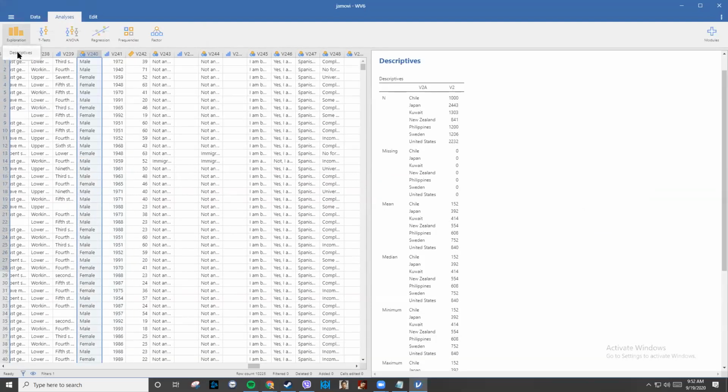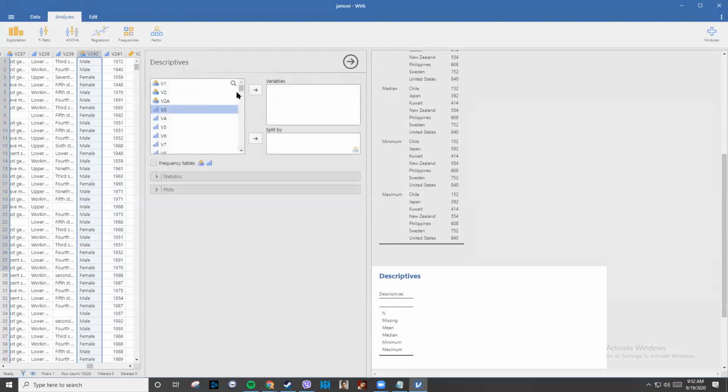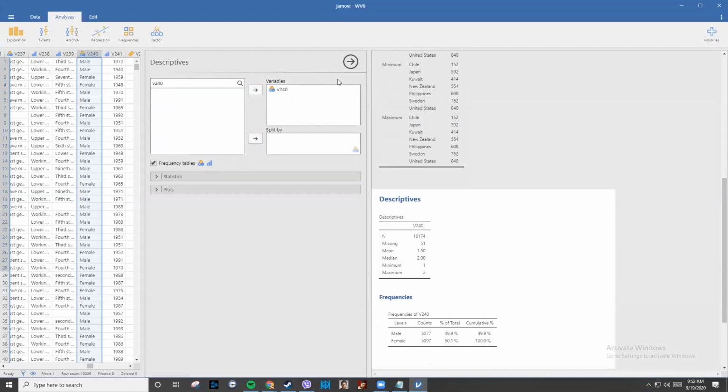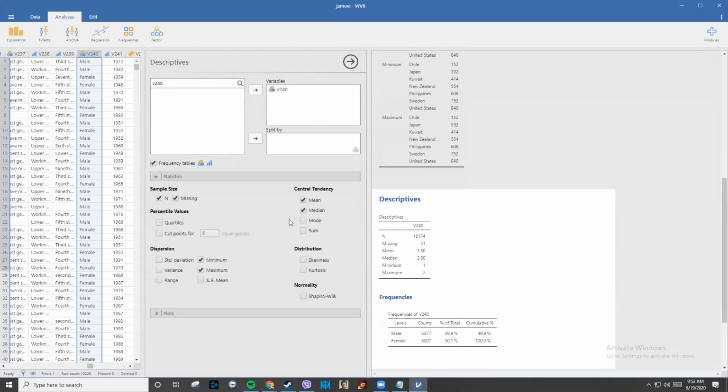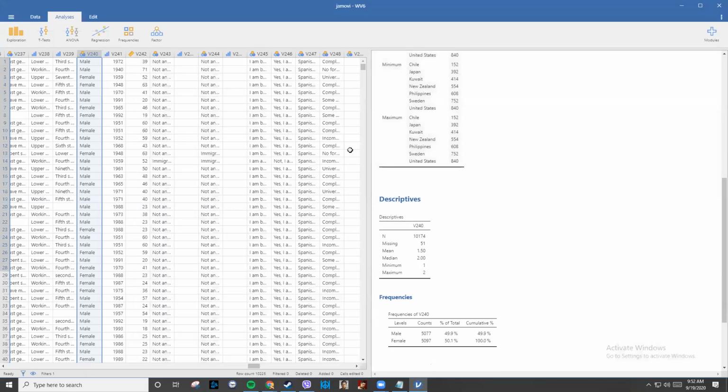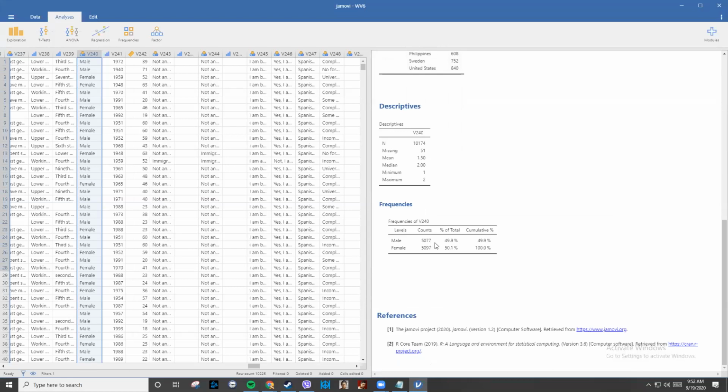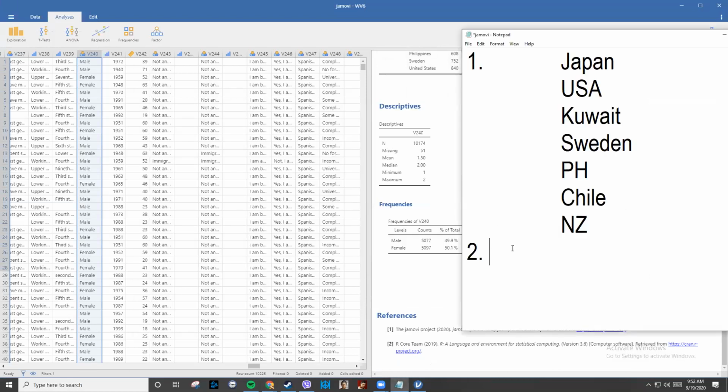So, let's do descriptives again. Okay, so we press the frequency tab to see yung differences.